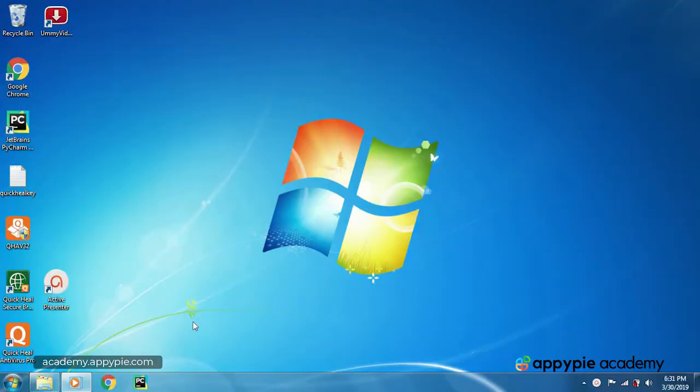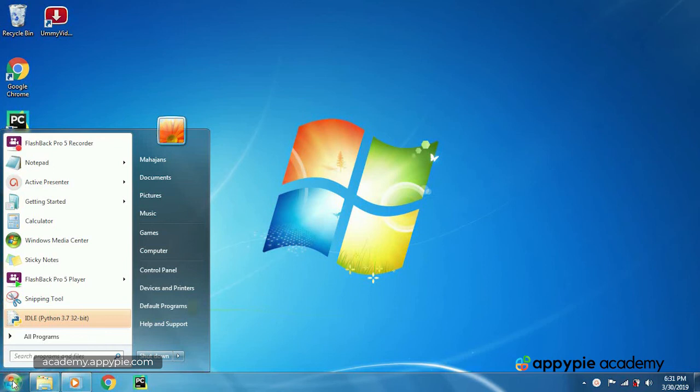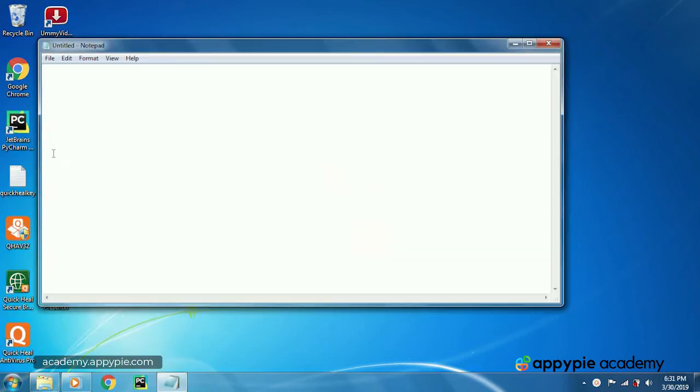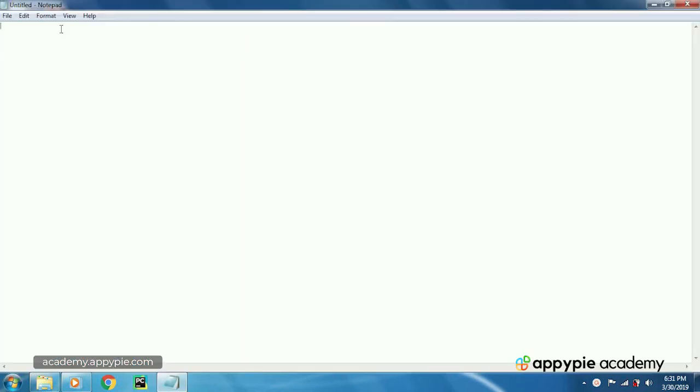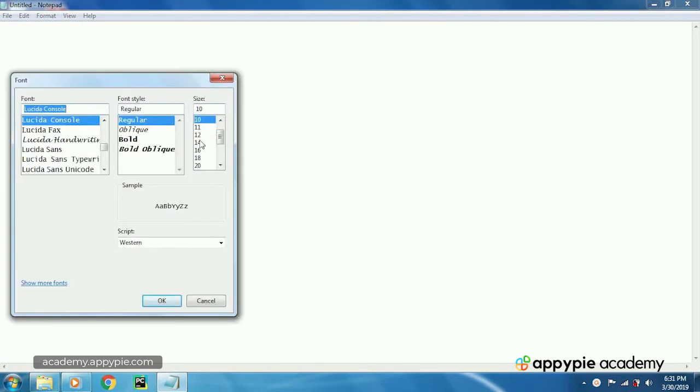Okay, just open the Notepad and start typing your Python program. Let me change the font. I will make it somewhat bigger. Okay, so suppose there is a variable a is equal to 100, another variable b is equal to 1000, and after that I'm going to write c is equal to a into b, then I will write